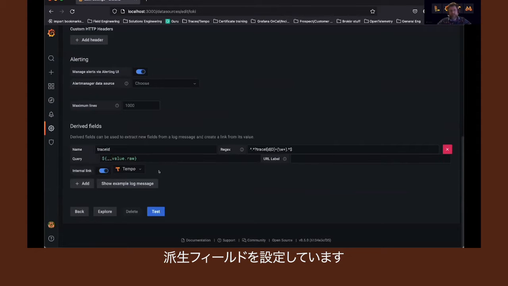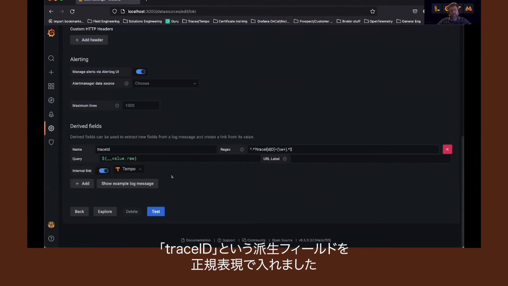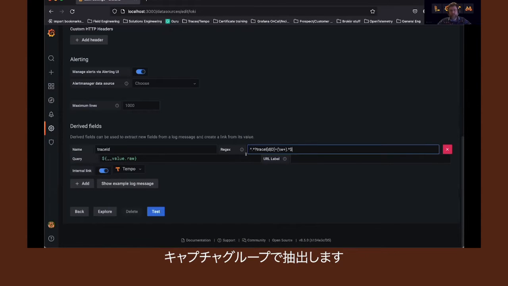Now, this allows you to search through each log entry and determine whether there's something of interest in there. So in this particular case, we've added a derived field called trace ID, which uses a regular expression, and whenever it finds trace ID in the log message equals to a value, it will extract that value, as we have a capture group in this regular expression here,